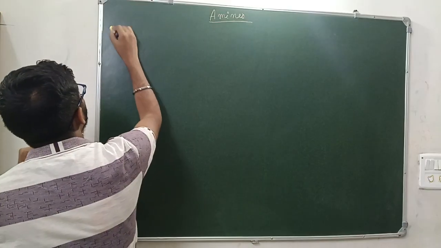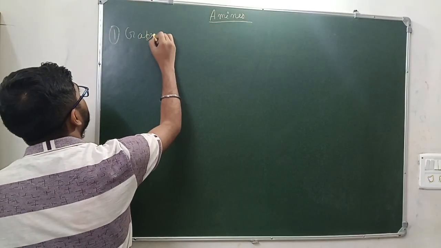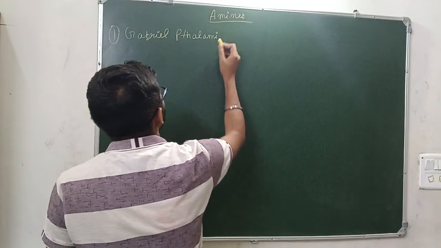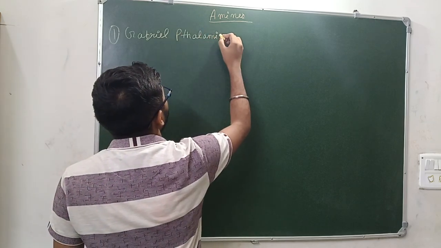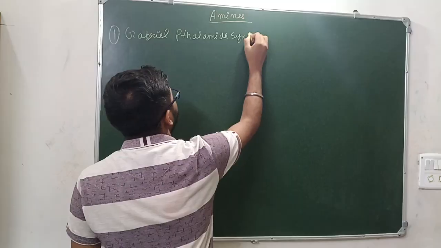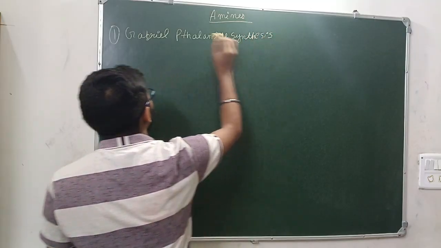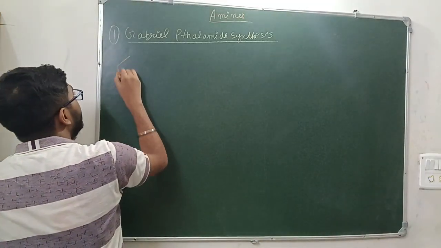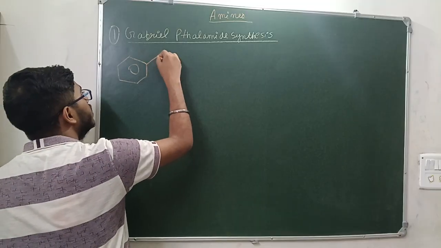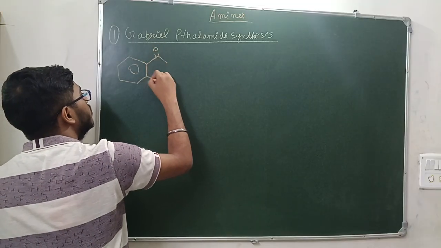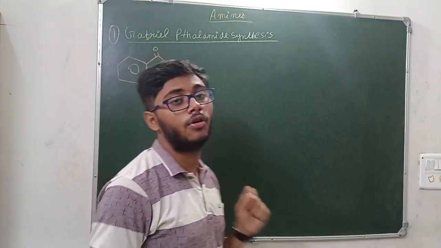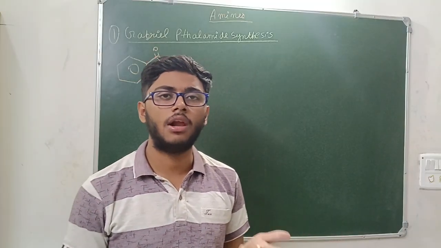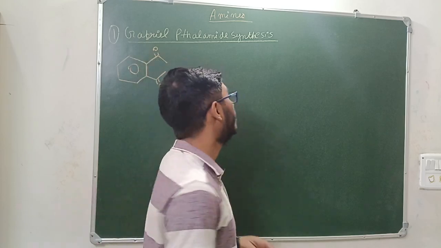The very first reaction which you need to note down is the Gabriel phthalimide synthesis. Please pardon a spelling mistake here. This is the very first reaction. What does it say? It is the reaction of phthalimide. If you see here, the structure of phthalimide is like this. The preparation of phthalimide is also mentioned in the NCERT. I think I have mentioned the preparation of phthalimide in my previous video on aldehyde ketone. You can just go and check it out.